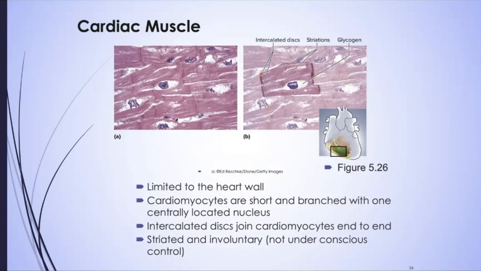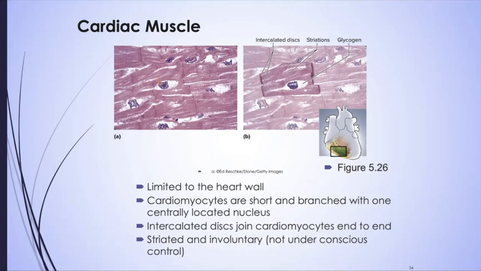Those are called intercalated discs, those connections. You can see them. Those intercalated discs are going to join those cardiomyocytes, right? Myo means muscle, cyte means cell, cardio means these are the cardiac muscle cells. And so this is going to be limited to the heart wall. The cardiomyocytes are going to be short and branched, like I just showed you, with one central nucleus. So that's also a dead giveaway between that and skeletal muscle cells. One central nucleus,